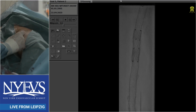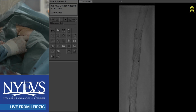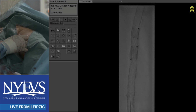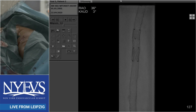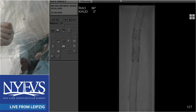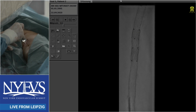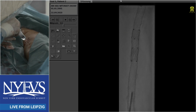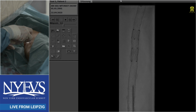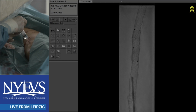One more question. I hate to be a pain about Rotarex, but I'm trying to learn as much as I can. You said 8 French, 10 French, and 6 French, but you said 8 and 10 for the iliac, 10 for the iliac, and 8 for the SFA. When do you choose to use the 6? Because we've also used the 8 specifically in the SFA, but when do you choose to use the 6 French Rotarex? 6 French we use in native total occlusions of the SFA, for example, if we are not absolutely sure that we are...